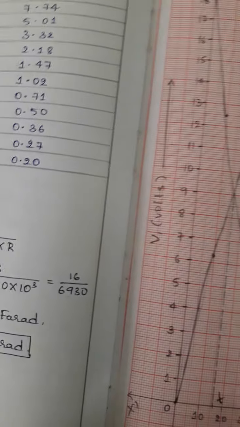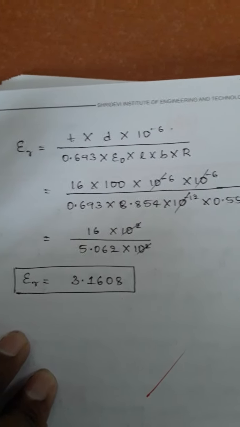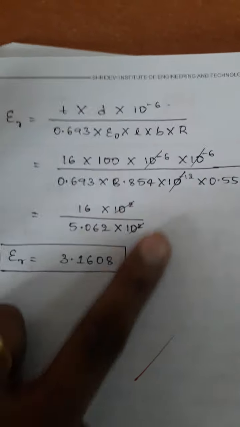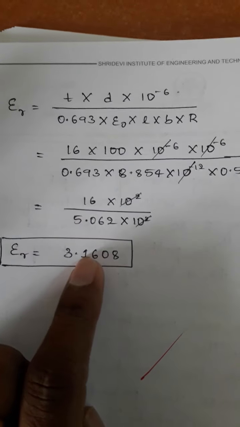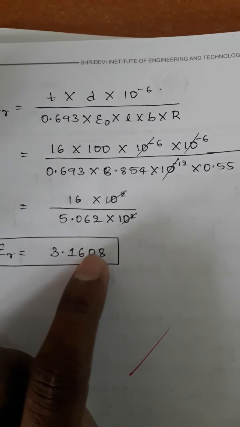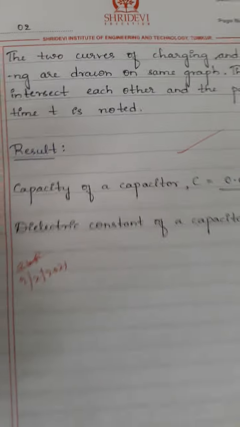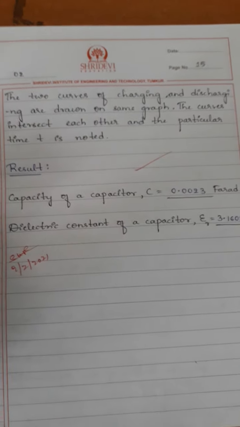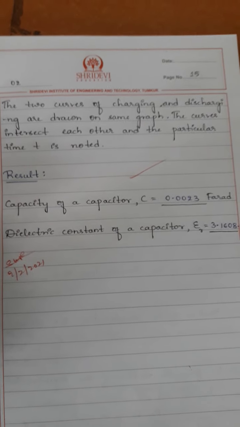Similarly, write the formula for the dielectric constant and substitute all the values. The dielectric constant we will get is 3.1608. Similarly, we can write the capacitance of the capacitor in terms of farad, dielectric